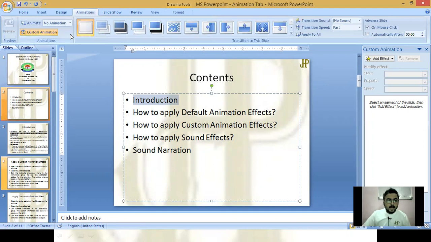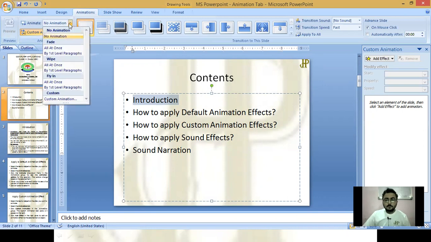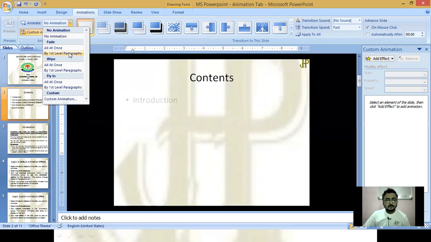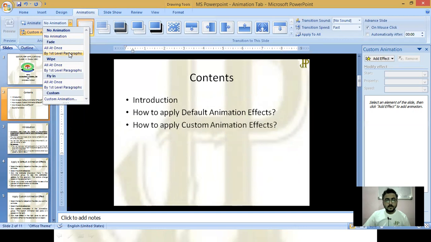Here, the Animation group is available. Click on the animation drop-down menu, and here you can see the various options available: No Animation, Fade, Wipe, Fly In. Whenever I move my mouse over them, you can see the content arrives like that, one by one.